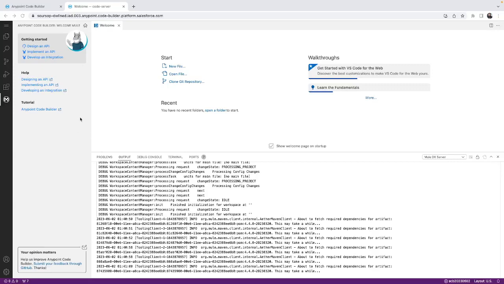Hey, hello. In this video, we are going to look at how we design APIs using RAML and the Anypoint Code Builder. So we'll start where we left off. And for this, in order to design an API, there are a couple of ways. Either you can use this Mule icon in the activity bar and then click on design an API, or